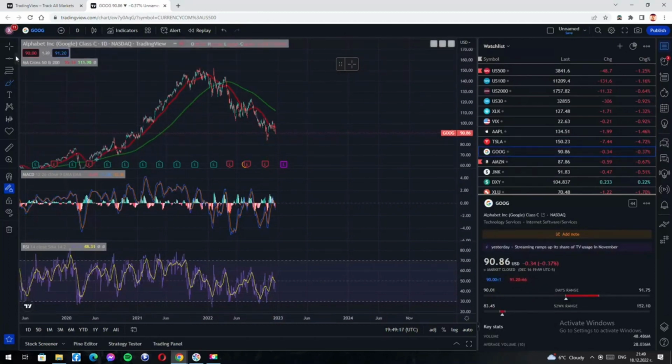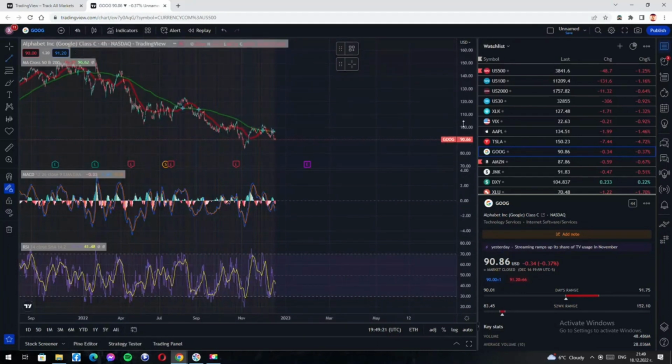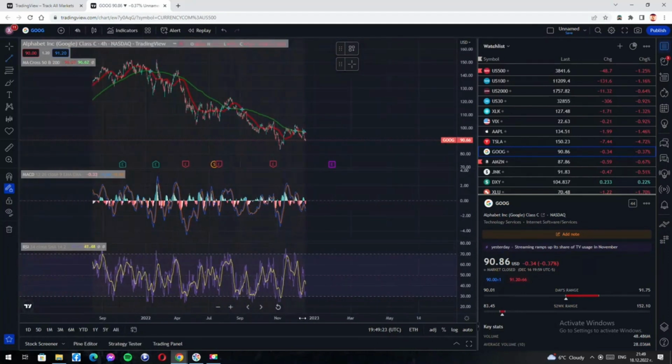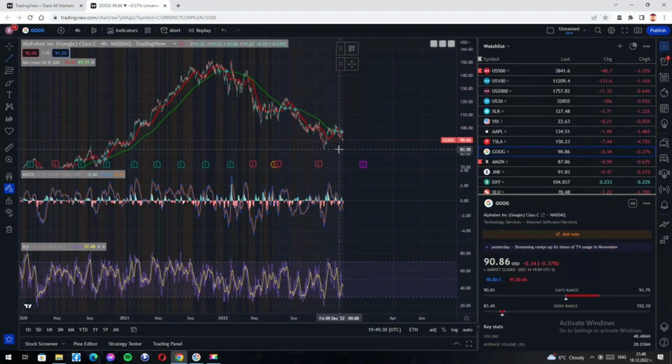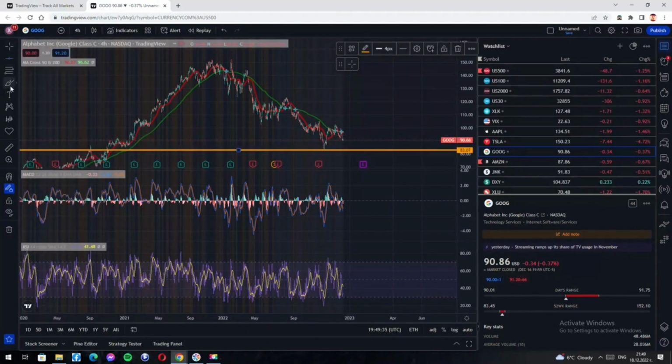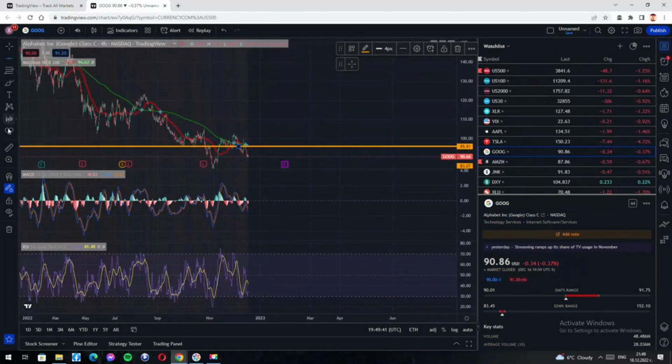Google is interesting, by the way, because it is bearish. I believe it will make lower lows, but we are far from the October low. So I believe that in the next bearish phase, we won't make a new all-time low on Google. I believe that will be the bottom, but also I believe that in the next trading week, we will do something like this. We will get here, reject, and finish somewhere around here.